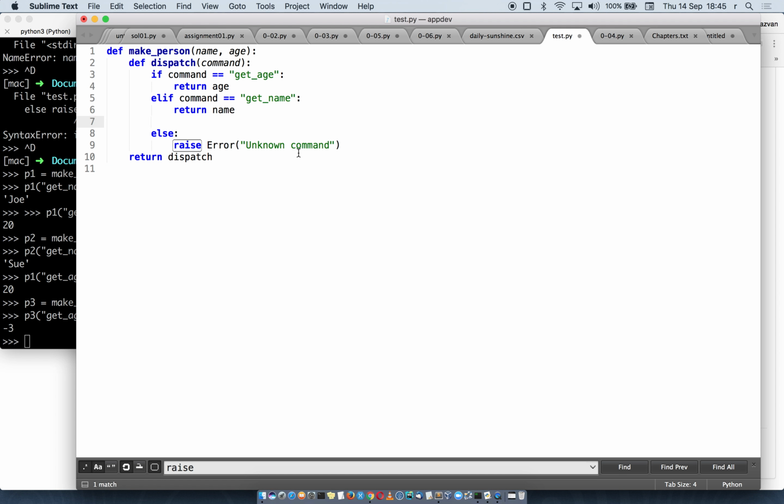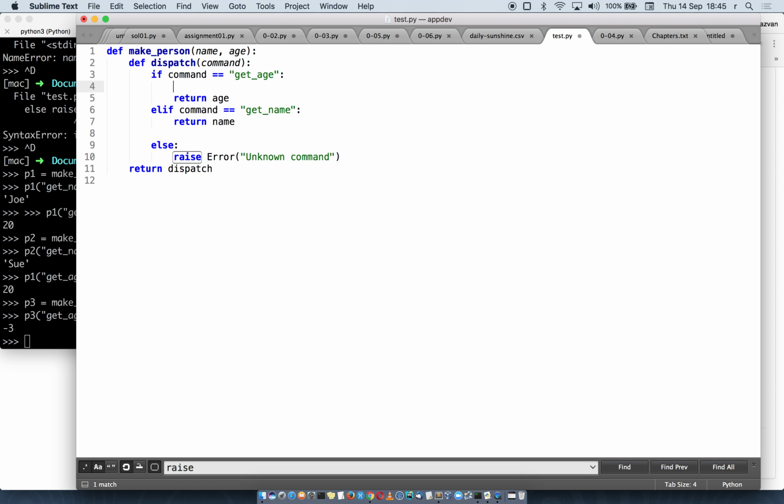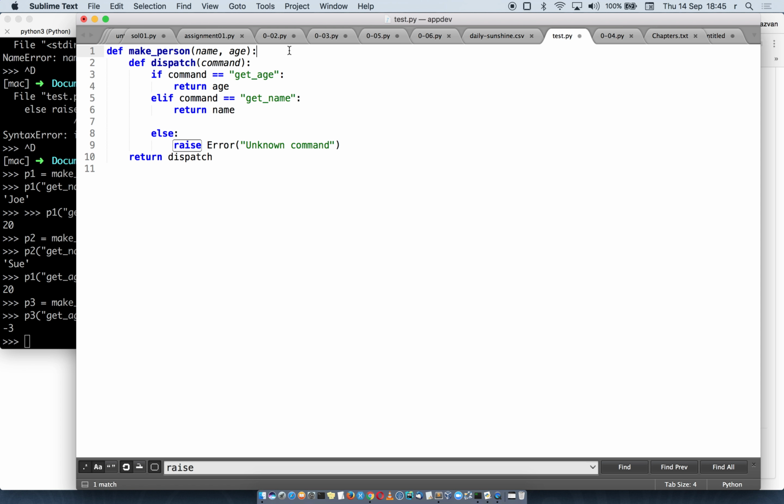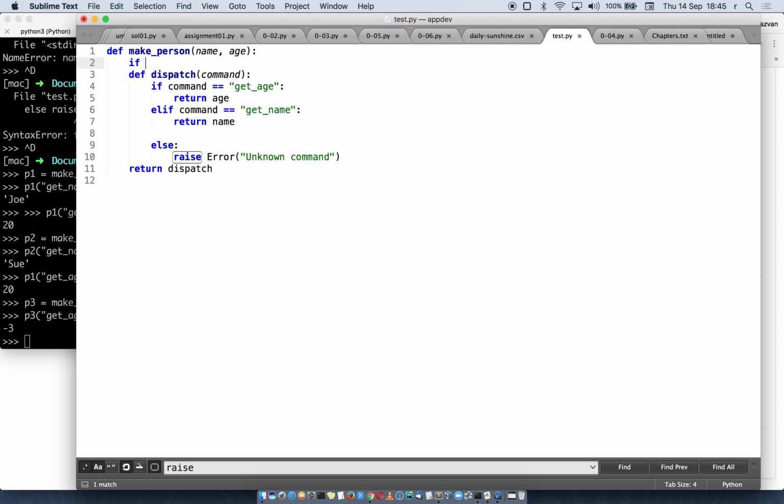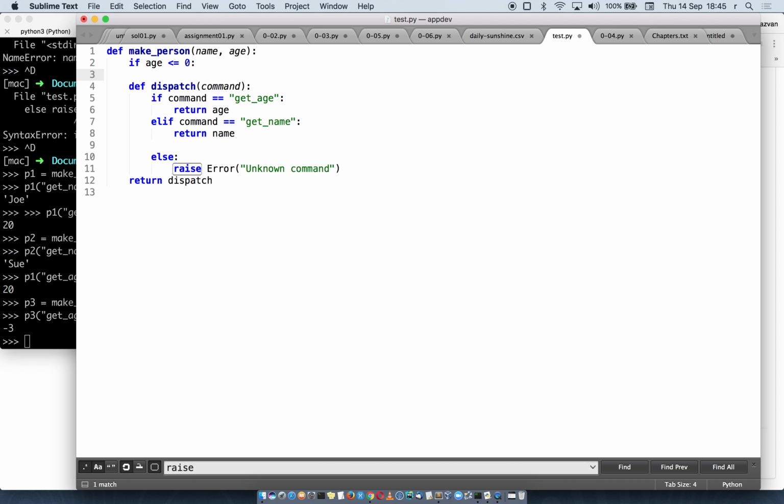Okay. So one thing we should do here is throw an error at the point when we're reading the age, right? So if age less than or equal to 0, raise